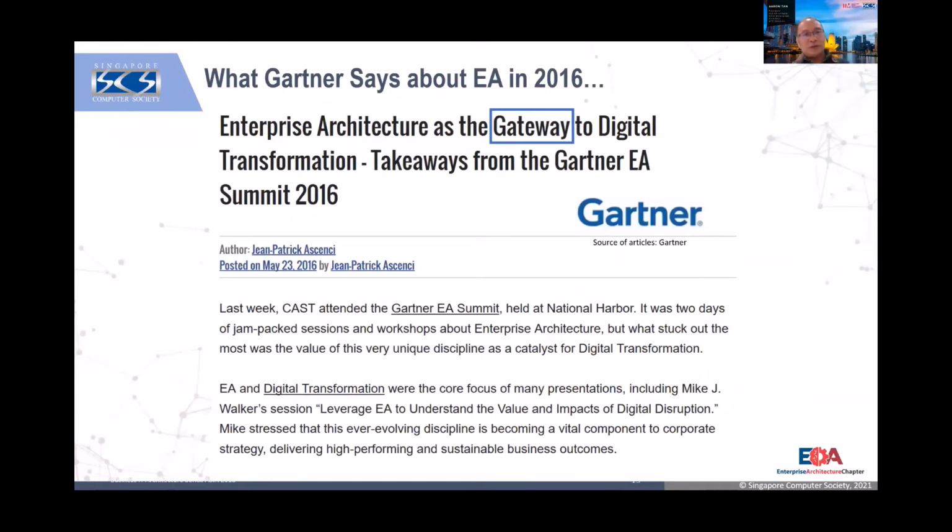And of course, in 2016, Gartner also made another statement about EA as the gateway for digital transformation. Of course, sadly enough, quite a number of digital transformation teams are actually not doing too well, because what they do is execute the same way as an IT project, but they put the word digital in the title of the project. Do you know why? Because if they don't put the word digital, they will not get the approval or the budget. So it's the same project that they did 10 or 15 years ago, but now with the word digital. So that's why Gartner issued a statement that the gateway for digital transformation is enterprise architecture.